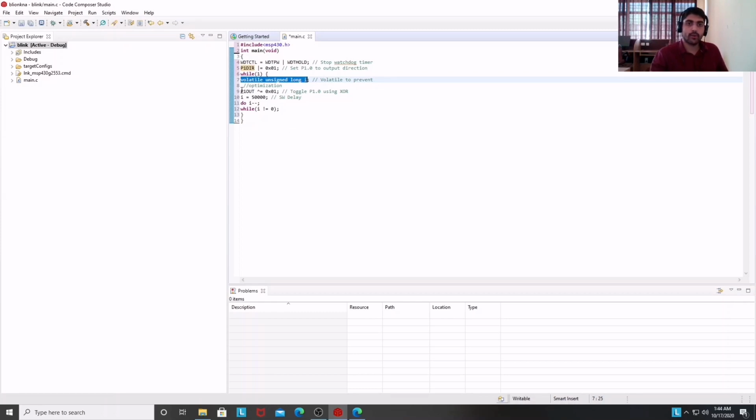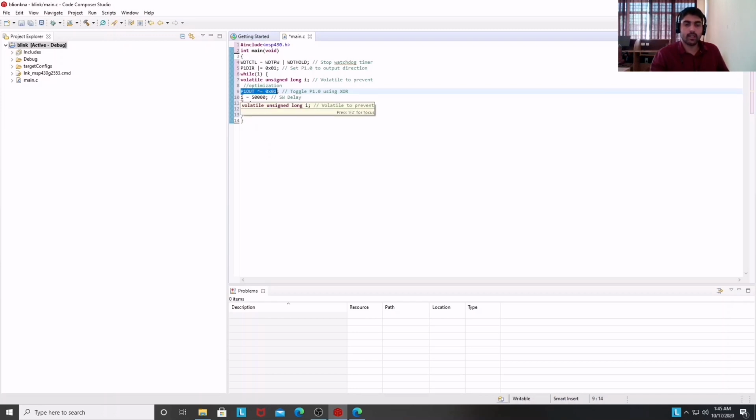Now I'm going to put P1OUT. That is nothing but giving a value to my output pins of port 1. That value is 0x01 XORed with my initial value. So over here I'm using this operation simply to toggle the value of P1OUT, or simply to toggle the value of P1.0, as I am XORing it with the value 1. We know the XOR truth table. Whenever we XOR any value with one, it comes in the output in the inverted form. So it is simply toggling the value of P1.0. So this instruction is used for that.